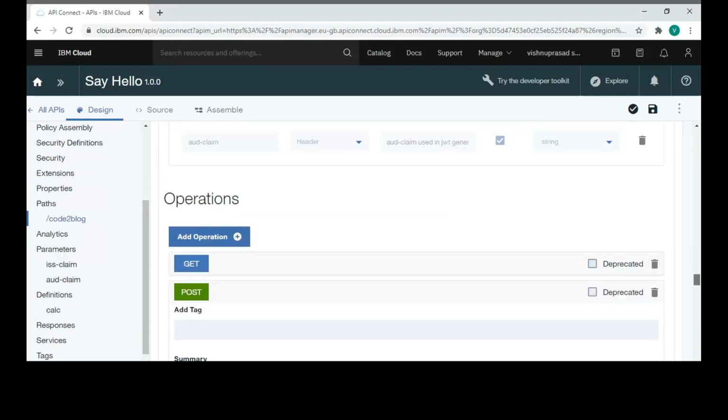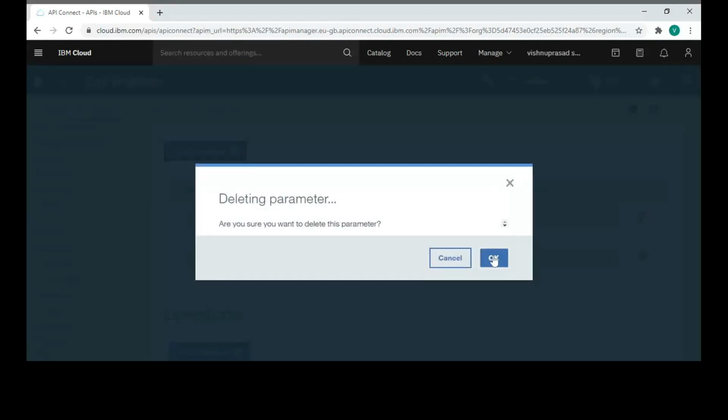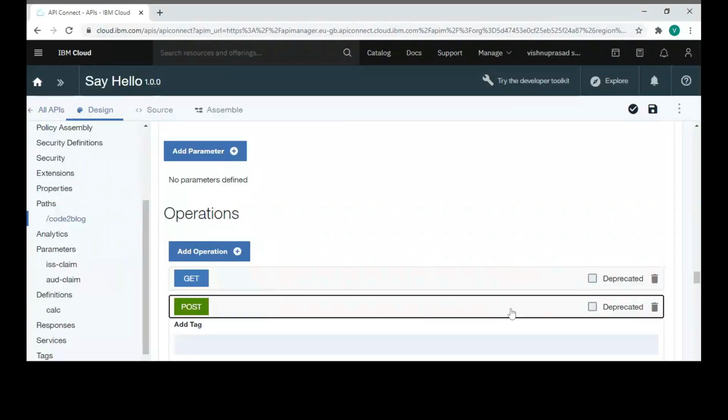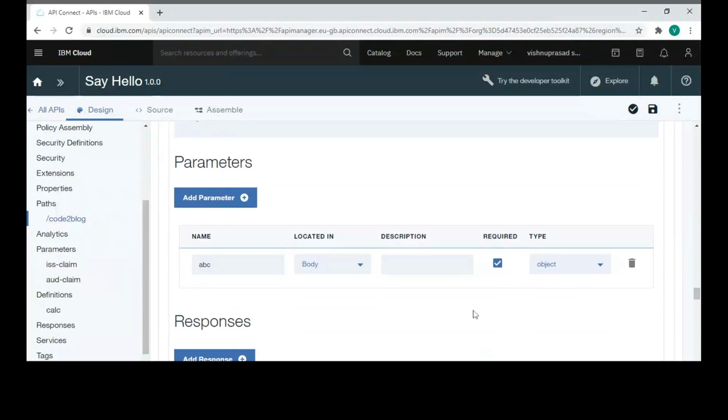Now that I have defined the calculator object, I go back to the post method and in the parameters I add a body parameter called calculator and reference it to the previously defined object.